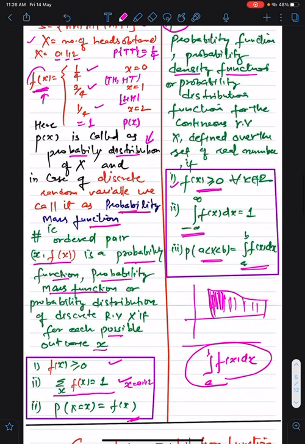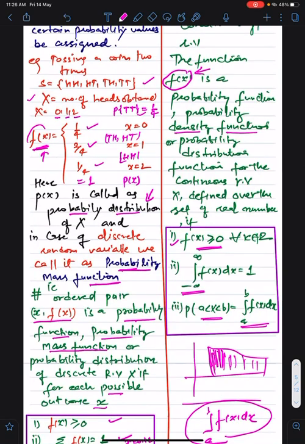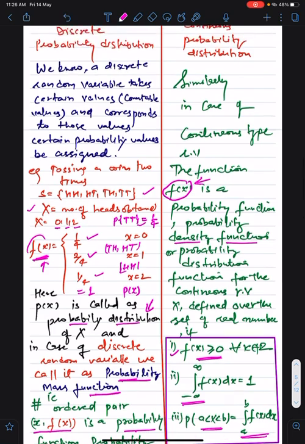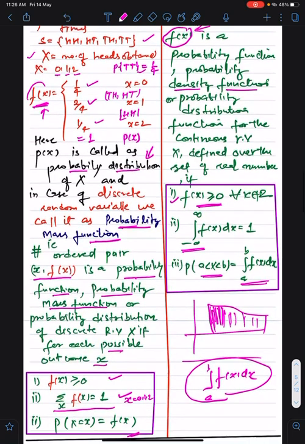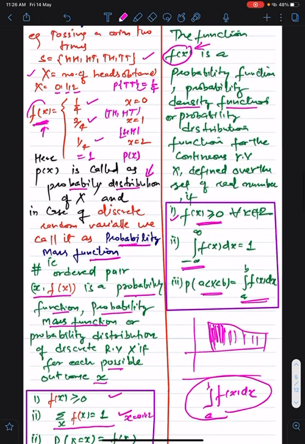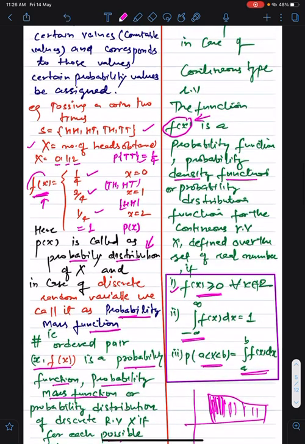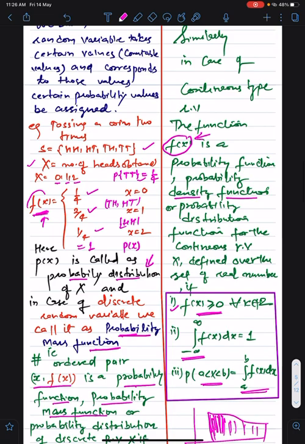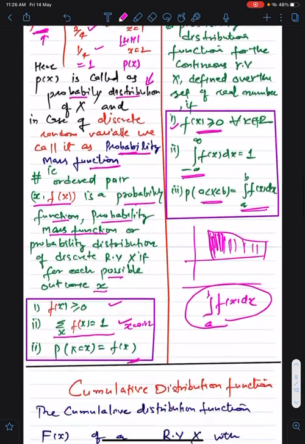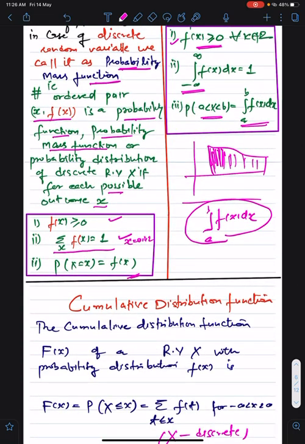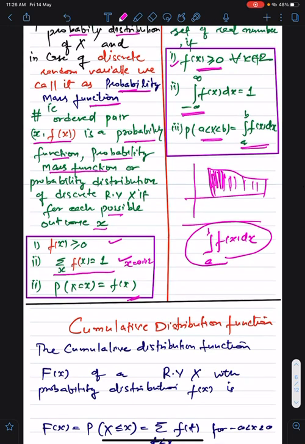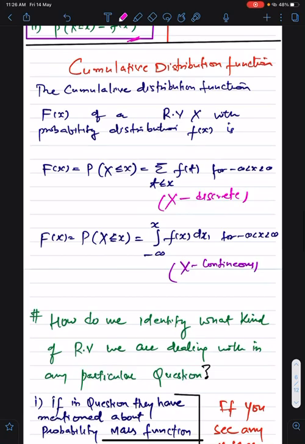So this is quite important. Their names are quite important, because their names will tell you the distinction between the random variables, whether your random variable is discrete or continuous. If in a question they have defined a density function, then you will know from that term that your random variable is a continuous type random variable. And if they use the term probability mass function, then that means you are dealing with a discrete type random variable. Okay, so let's see